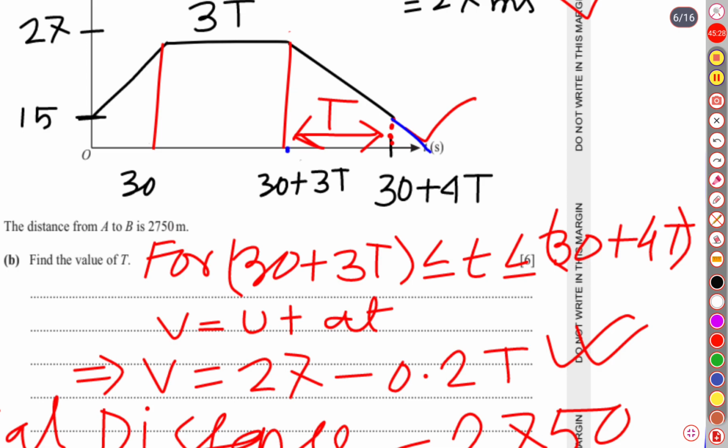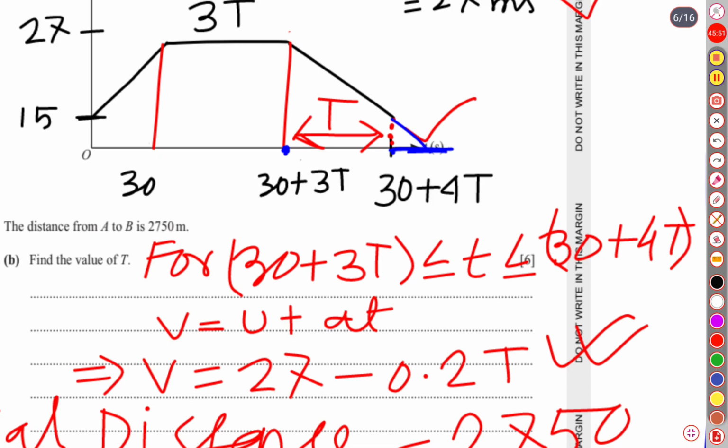At this point the time was 90 seconds, and 110 is over here. But the time when v is at rest, I mean 0, is not known to us. That's why we cannot apply